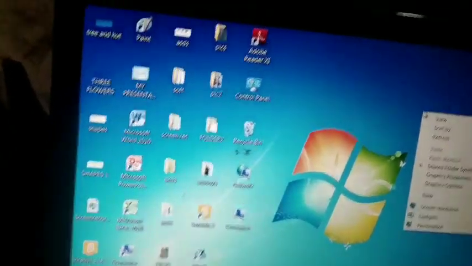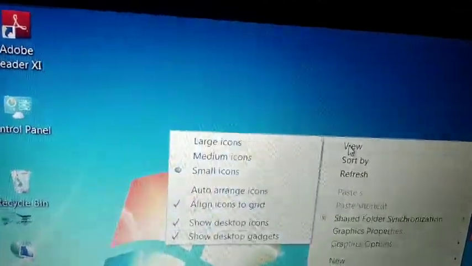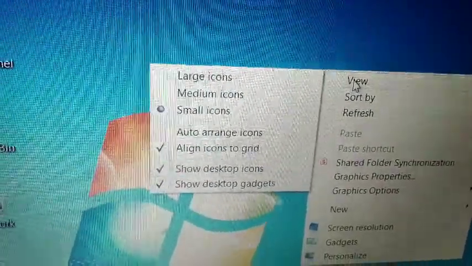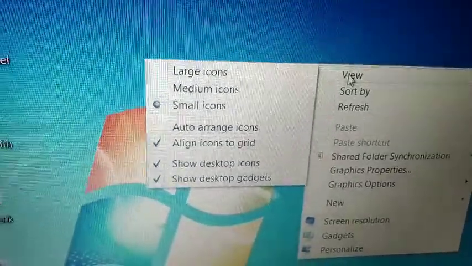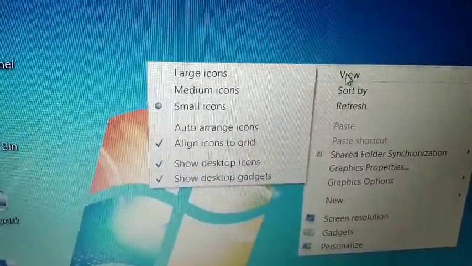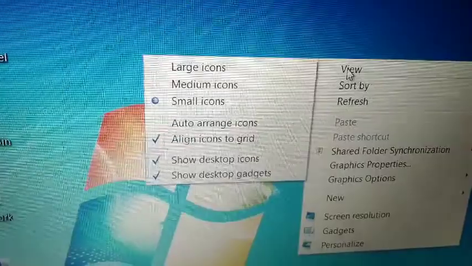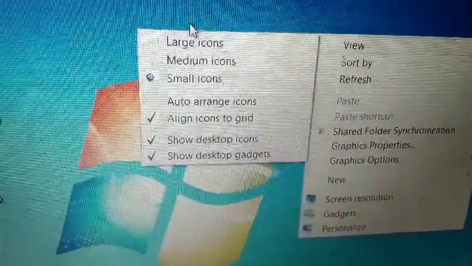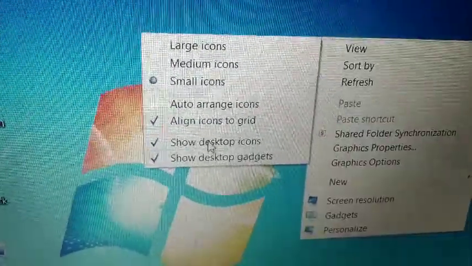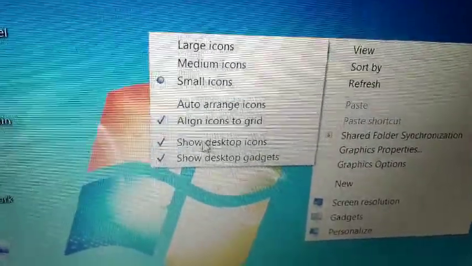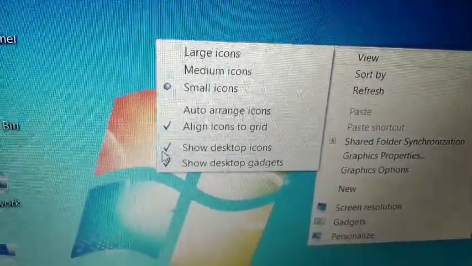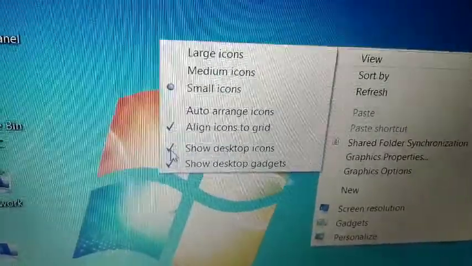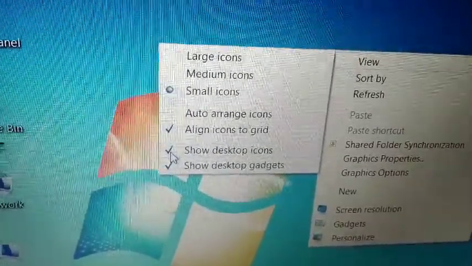When you place the pointer over the View option, it shows you this option, Show desktop icons. Many options are there, but to hide these icons, there is one tick mark. This is called a check. When you click on it, it will be unchecked.